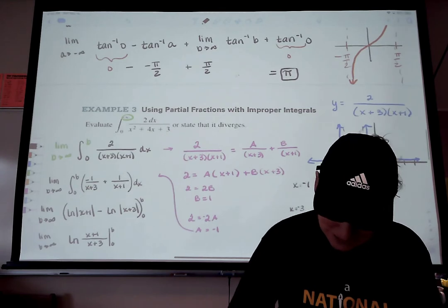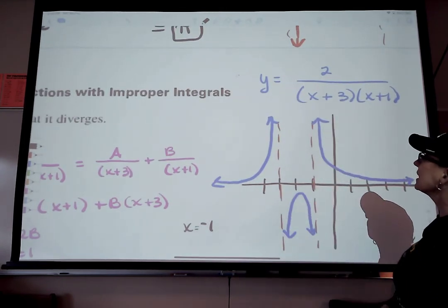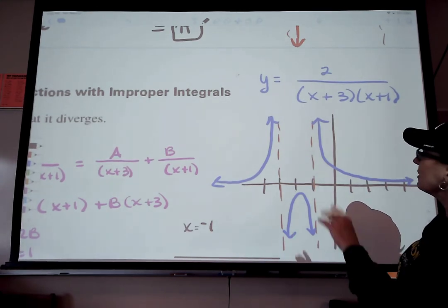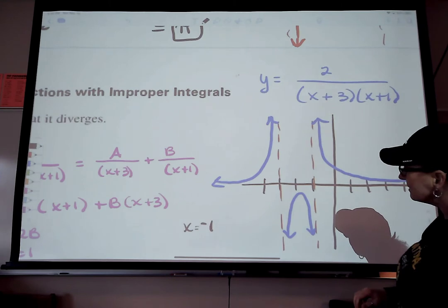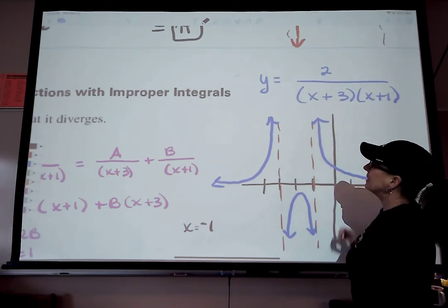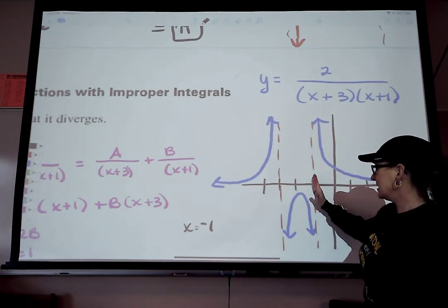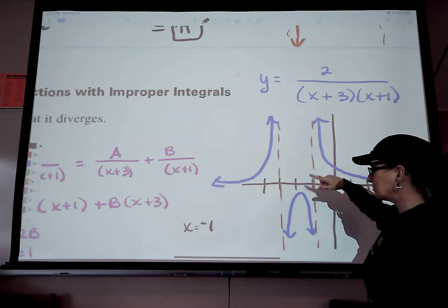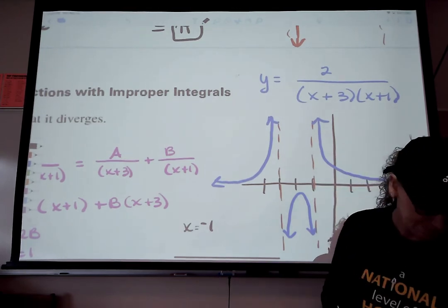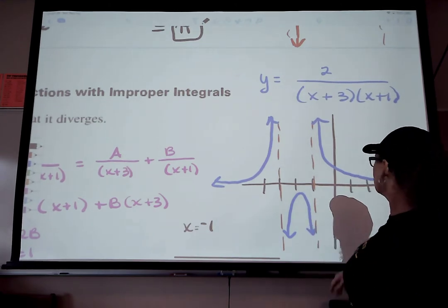Okay, next one. Graphed it for you so you can see what it looks like. I totally graphed this on my graphing calculator and I was like, oh, it has asymptotes. Of course it has asymptotes. The denominator factors. So it has an asymptote at -3 and -1. Turns out that's what the pieces look like. All we're concerned with is, we just want to look at it from 0 to infinity. So from here